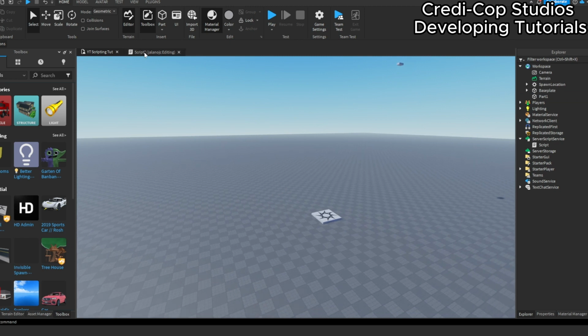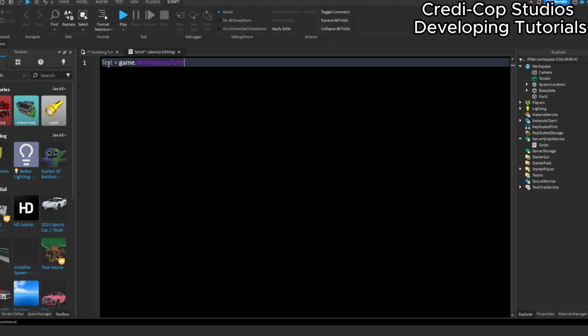So now I'm going back to the script to show you what this means. game.workspace.part1, that is what we're going to be looking at first. Game. Okay, so what does game mean? Well, game is obviously referring to the game, but more specifically, it's referring to over here on the Explorer tab, all these services. All these services are part of the game. So whenever we say game to the script, we're telling the script that we want to access one of these services. So once we do that, we say .workspace, which means we're telling the script we want to access